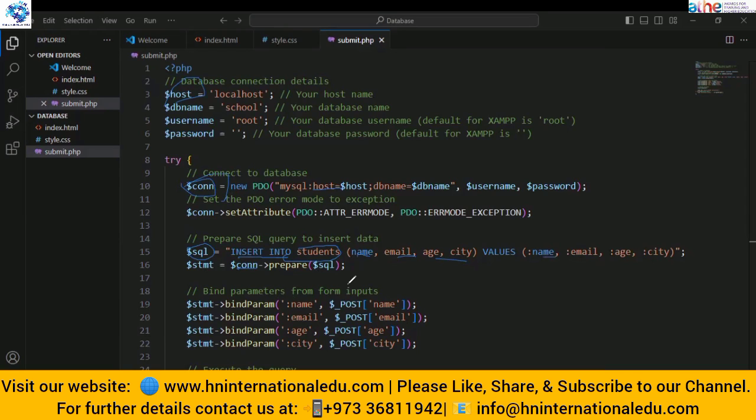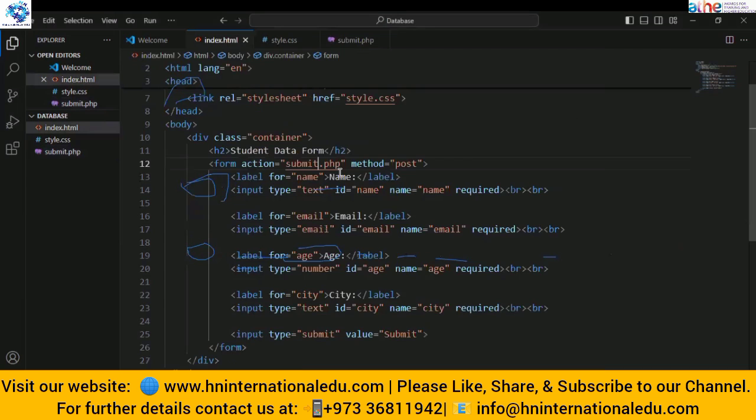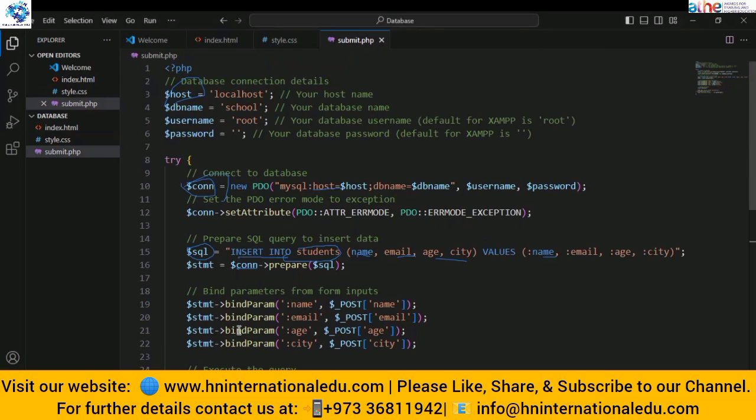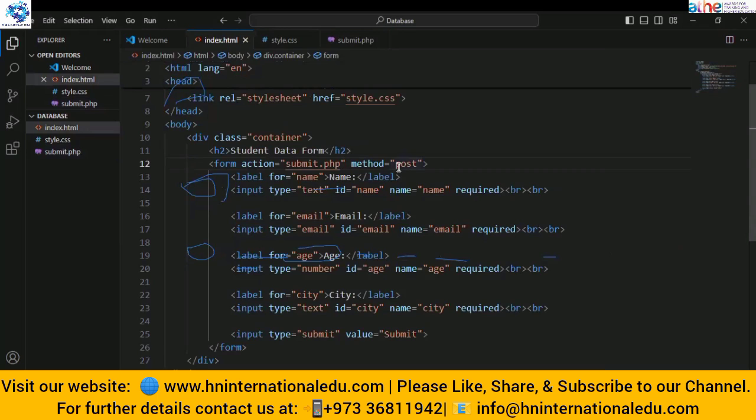Now we have to bind the parameters from the input. Let's suppose here we have to bind all of these parameters with this PHP. So we will write bind param. PARAM stands for parameter. Then we have to bind the name with the post name. Post name, I told you that the method we are going to use is the post.